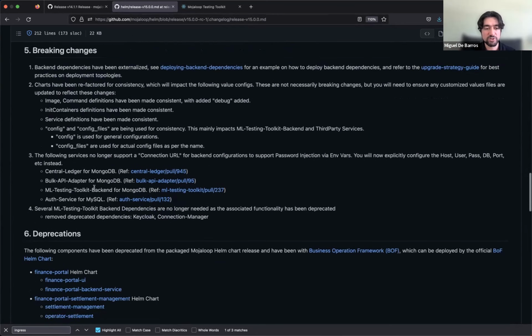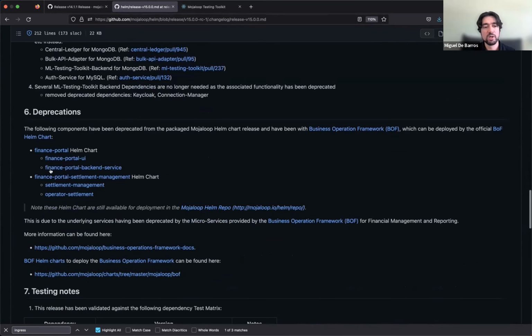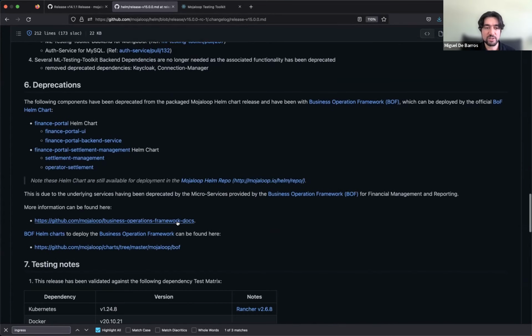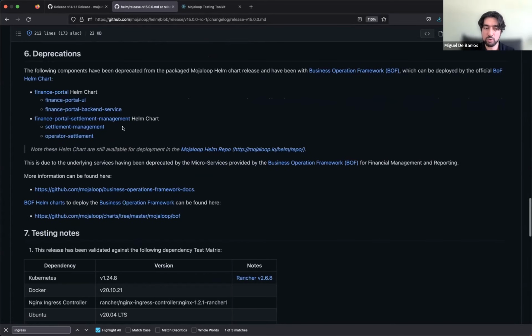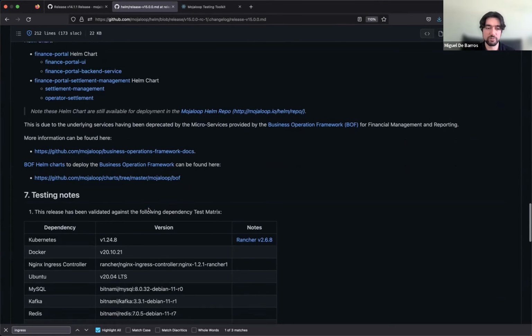I've already gone through most of these, so I'm not going to go into too much detail. If there's any deprecations as well, that's already mentioned for the finance portal, etc. Also the note that if you want to deploy the latest version of the finance portal, you can go to the business ops framework, the BOF Helm charts. You can access them and deploy those if you want.